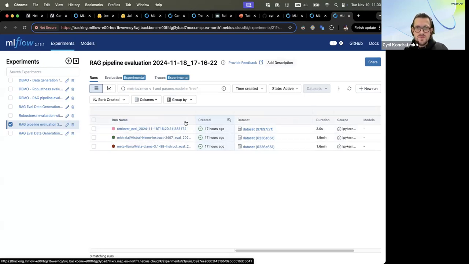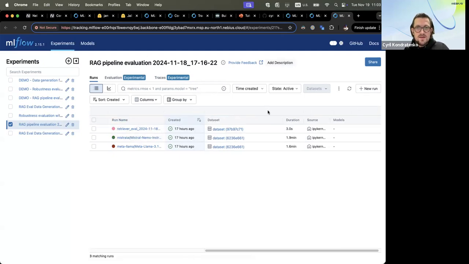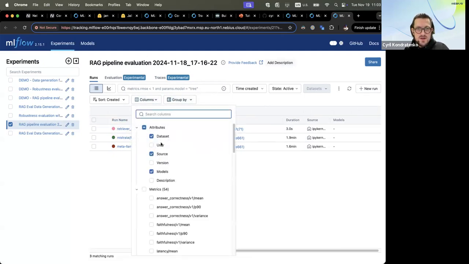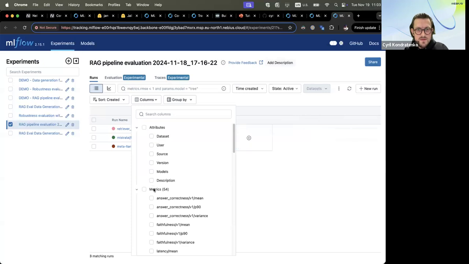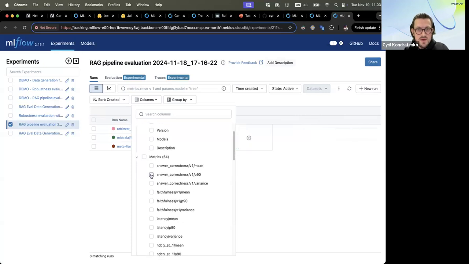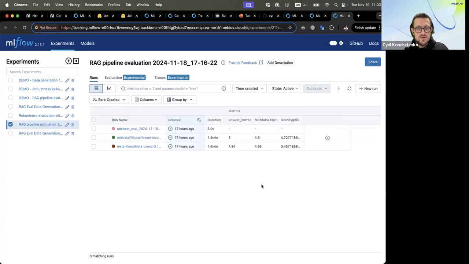And please don't pay attention to this third one. We'll use it later. So basically, we can just visualize our metrics in here. This we won't need. Let's go to the correctness, faithfulness,